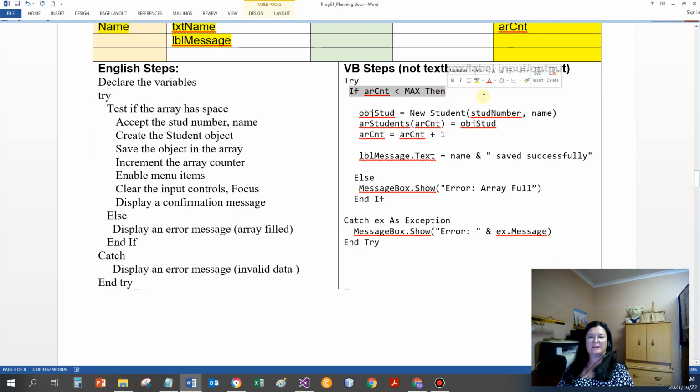So to test if the array has got space, I need to test if the array counter is less than maximum, or then if array counter is less than array name.length, either of those two. When I create the object, I'm going to send the student number and the name. I'm saving the object in the array. I'm incrementing an array counter, and then